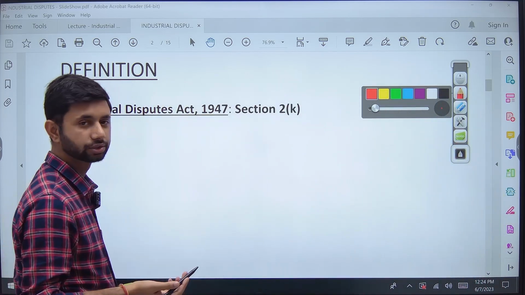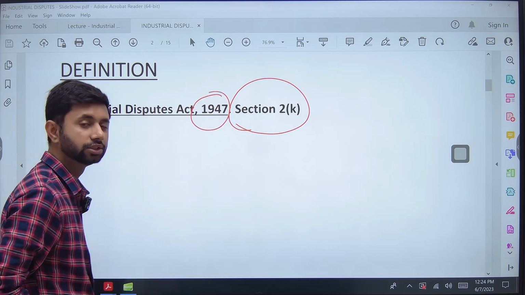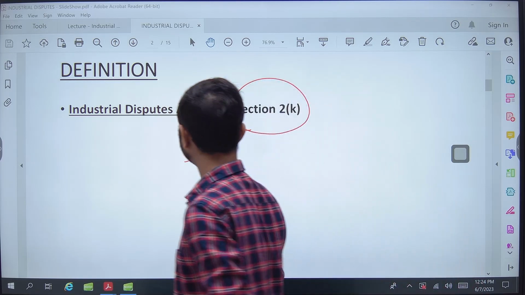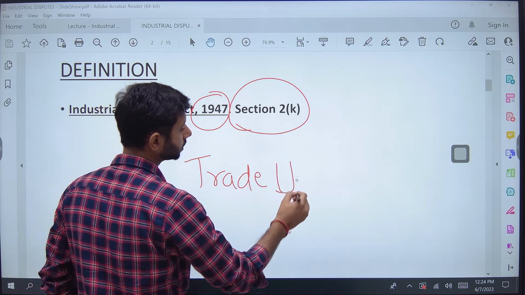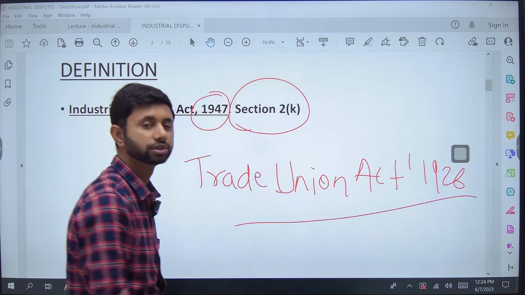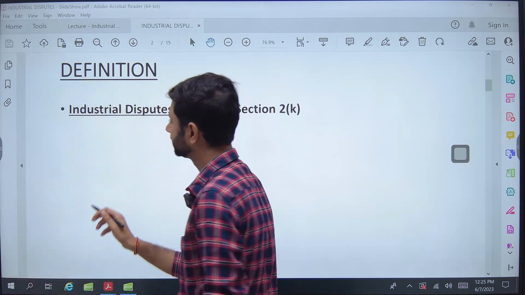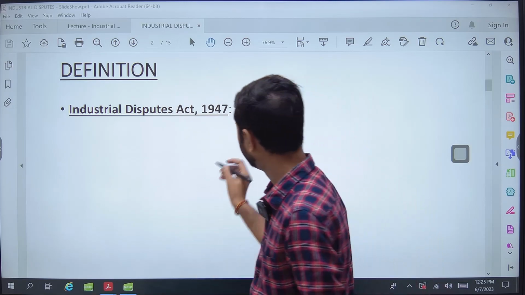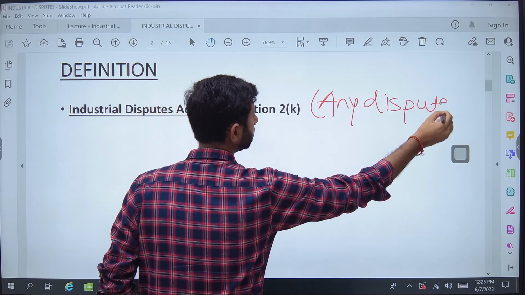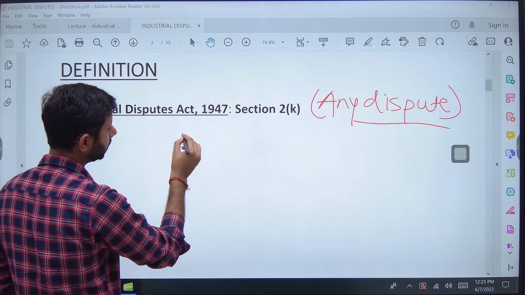The definition of industrial disputes is provided under Section 2(k) of the Industrial Disputes Act 1947. See, whether it is the Post-Independence Act or the Trade Unions Act that was asked in the question, the definition of industrial dispute is the same, and I'll show you how. This Act says an industrial dispute is defined as any dispute between, what all are the parties of the dispute? It covers everything. It covers any dispute between employer and employer,